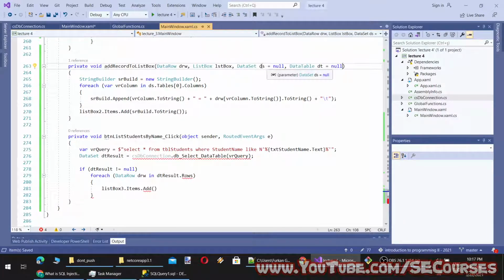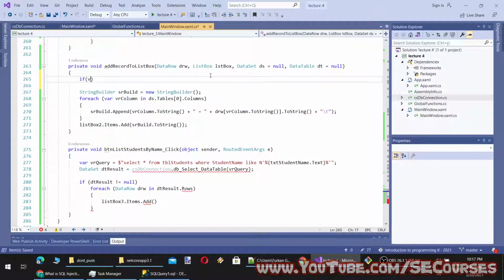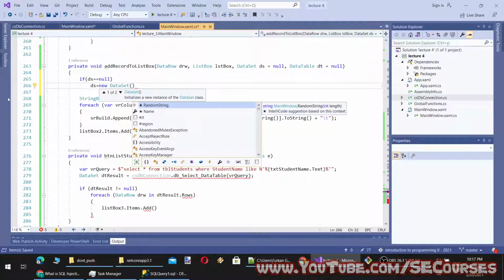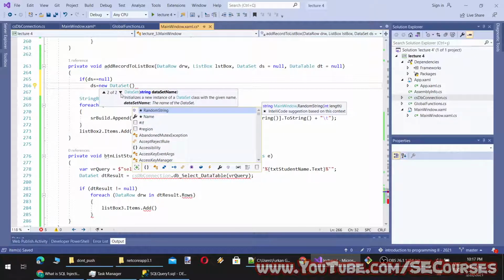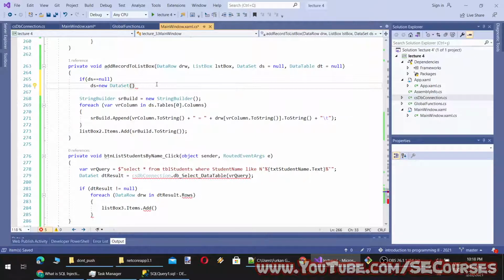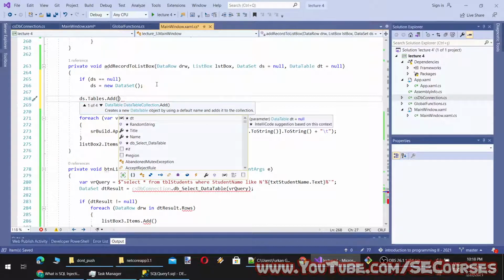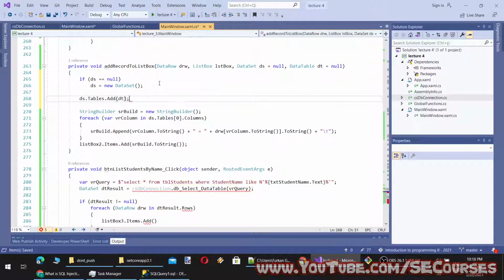So if ds is null, then we will do if data set and then ds tables at data. Okay, I think it should work now.